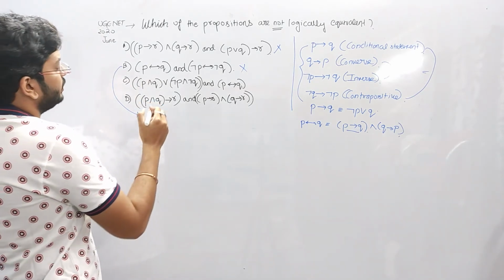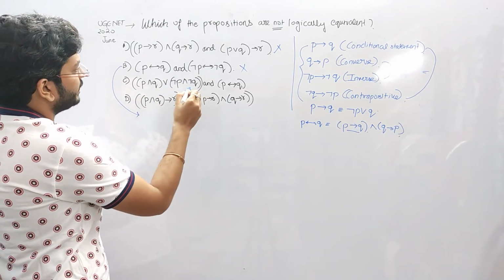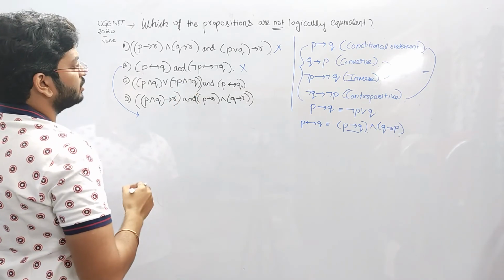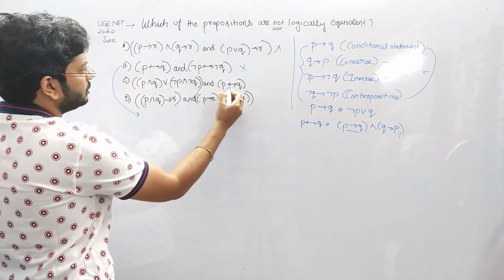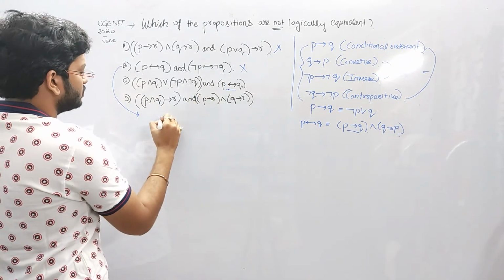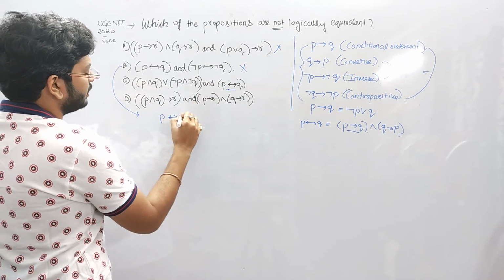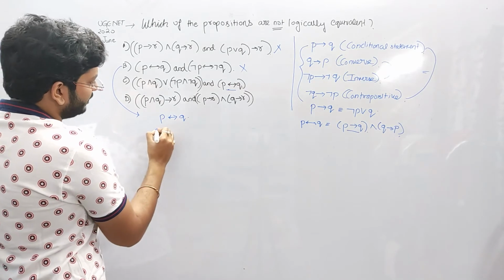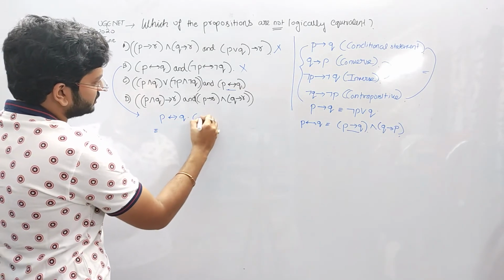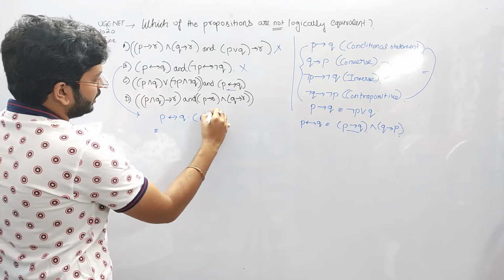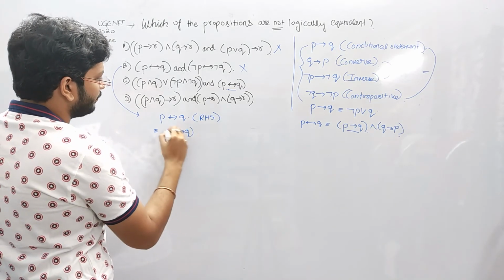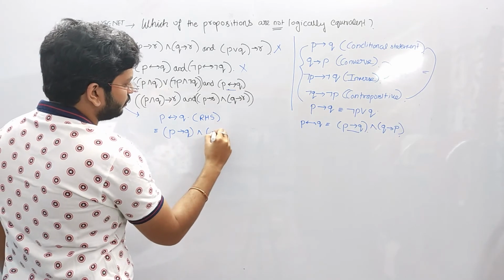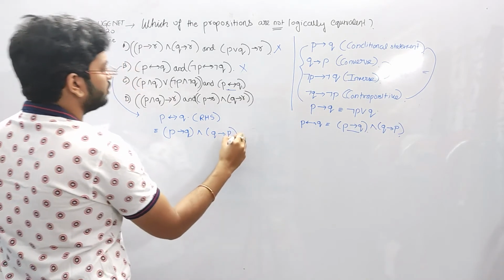Third one is we have P and Q, or negation P and negation Q. So we'll be starting with this one is 1 and this one is 1. We'll be starting with RHS. Suppose I am starting with P double implies Q. So this will be logically equivalent. This is the RHS, and this will logically be equivalent to P implies Q and Q implies P.